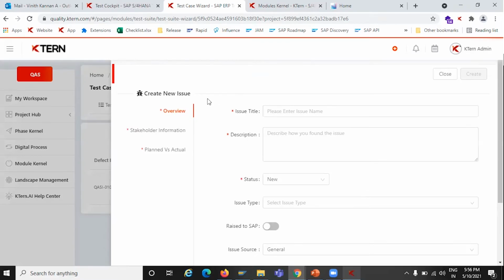So, talking about it from a testing perspective, KTern definitely does this, and not just from a testing perspective, but from a project and process oriented way of operations as well. If there are any tickets or any issues, you can definitely make use of this wizard. Now, since we are focusing upon digital labs, maybe I can show you one example of how the issues can